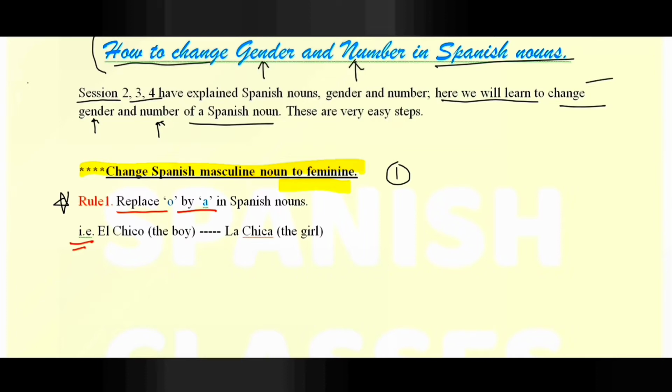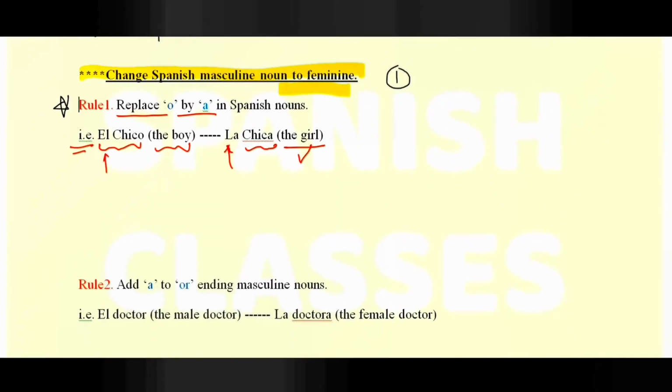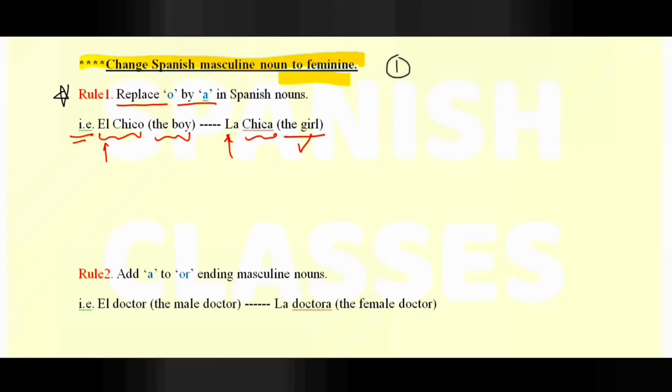See the first example, El Chico, the boy, becomes La Chica. Article El becomes La, masculine to feminine. Chico, drop O, add A. La Chica, the girl. This is the first example. We will have more examples. Another example is again article El, Primo. El Primo